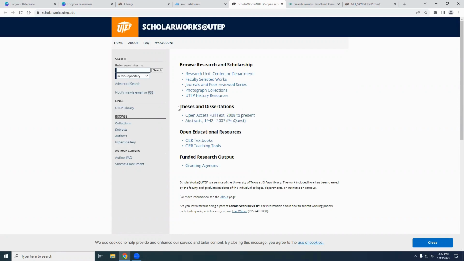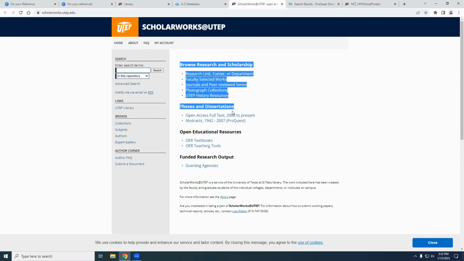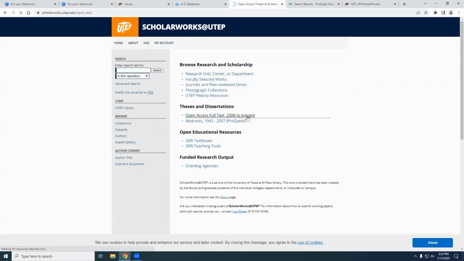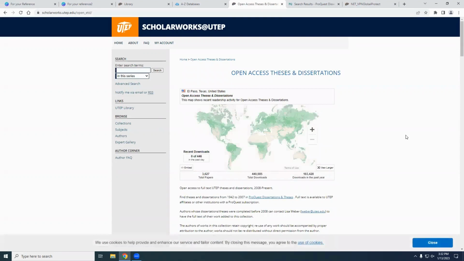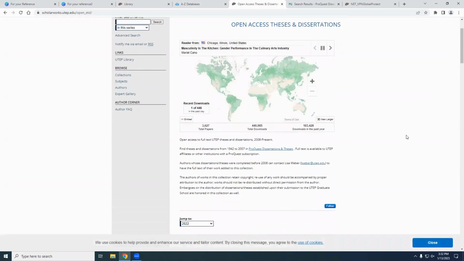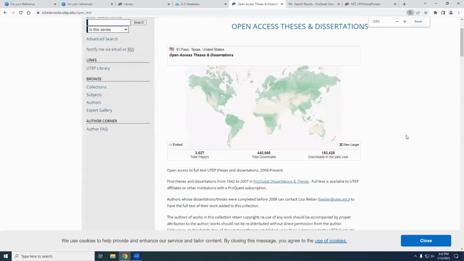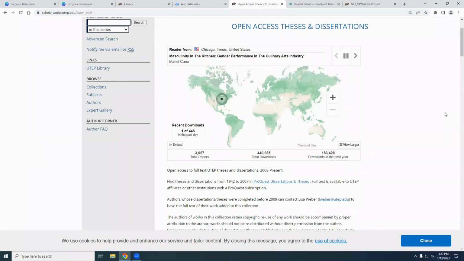But the second area are theses and dissertations. All of these are going to be UTEP dissertations. I absolutely love this feature. It's the map feature. And this isn't in real time, but these are the downloads from the last day.